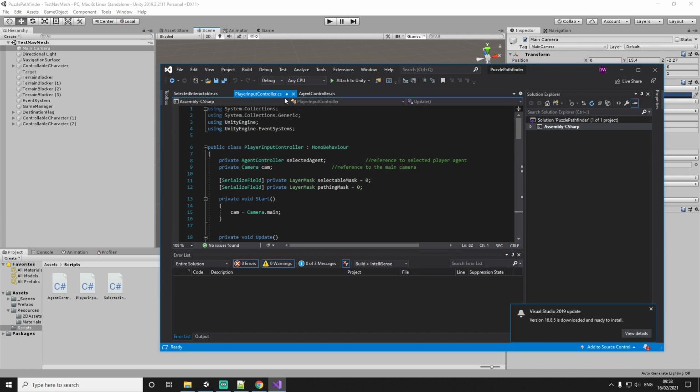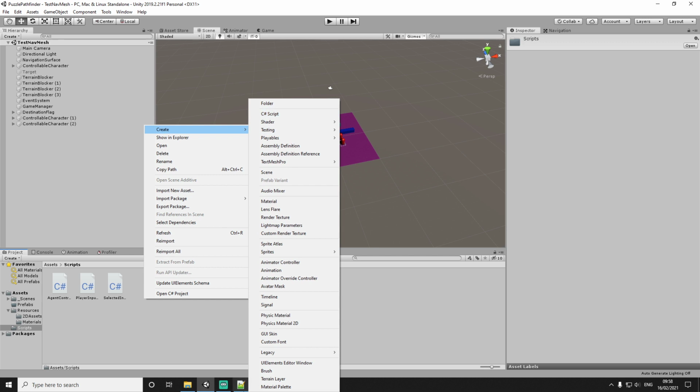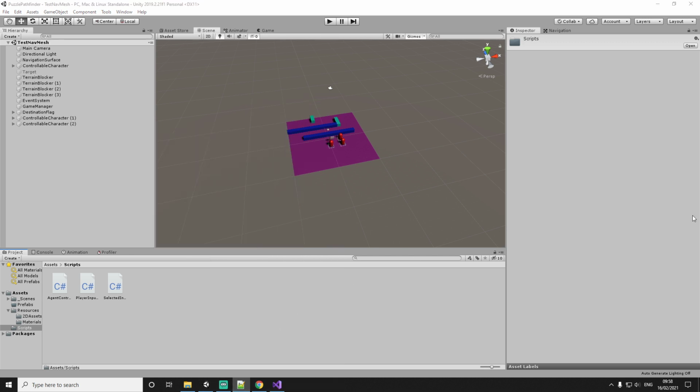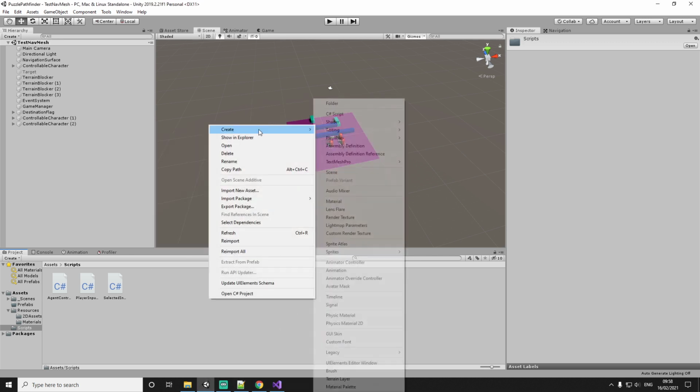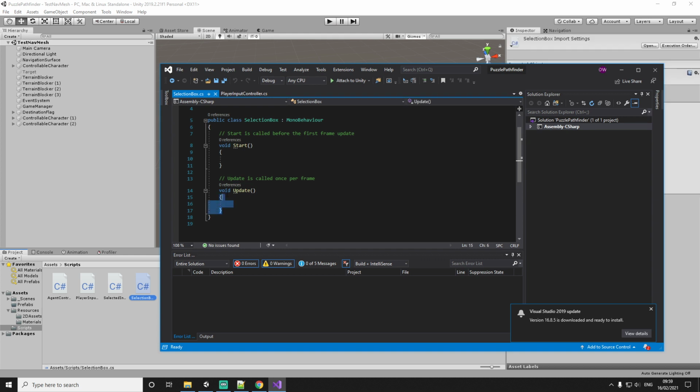And that will require us to modify some scripts, and to be precise, to modify player input controller. Now, firstly, let's create a new class. We'll call it our selection box, because this is what we're going to be creating today, a selection box. And let's make this class work first,